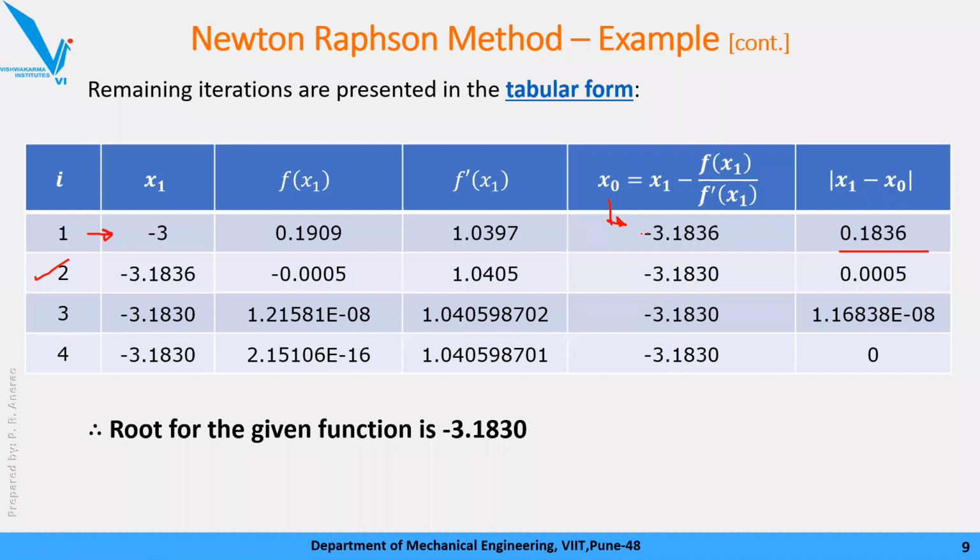Second iteration, take this x0 value, treat that x0 value as new x1 value. Okay, again repeat the procedure, put this x1 value in f of x1, then f dash of x1, then use all those three values, calculate new x0. Okay, then compare these two, find out the error कितना आ रहा है दोनों के बीच में. It is around 0.005. Do we need to stop here? No, because it is again greater than 0.0001. It is not less than. So और एक iteration करना पड़ेगा.